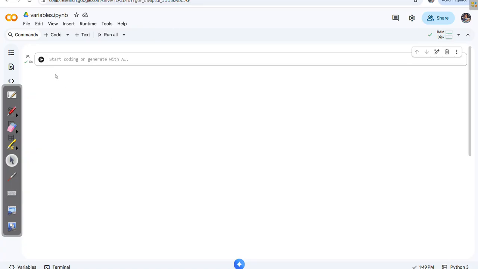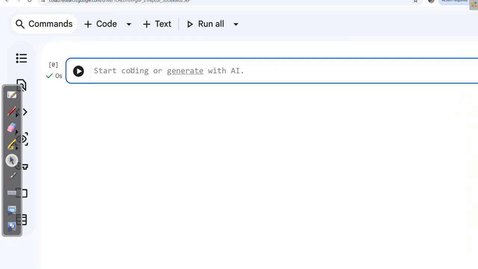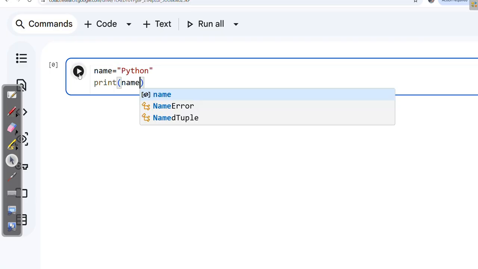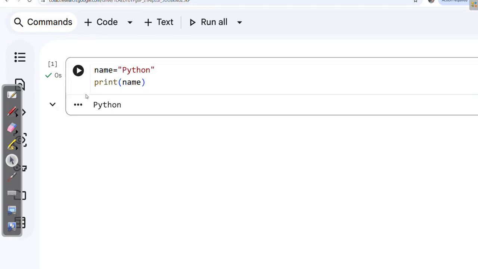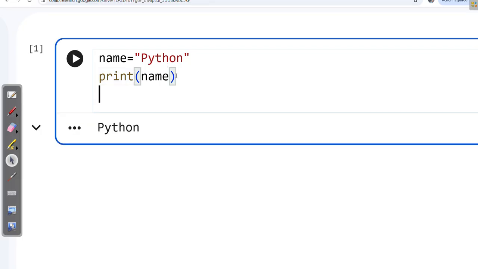This is my Colab platform. Here I am taking name equals Python, and now if I do print name and run it, whatever was stored inside name gets printed. Now suppose I want something else also.